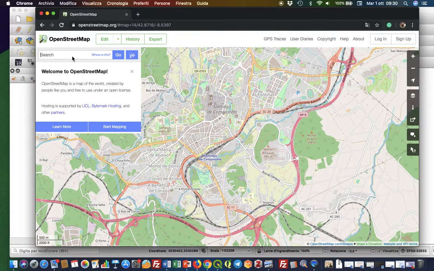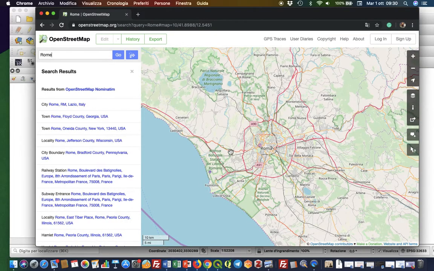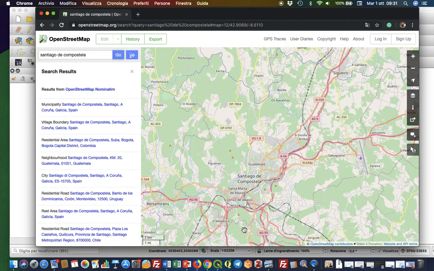To search something is very simple. We can search, I don't know, Rome here in the main tab, and of course the system searches for us the city that we want to explore or we want to map. Now we have to go to Santiago de Compostela. That is the city of our